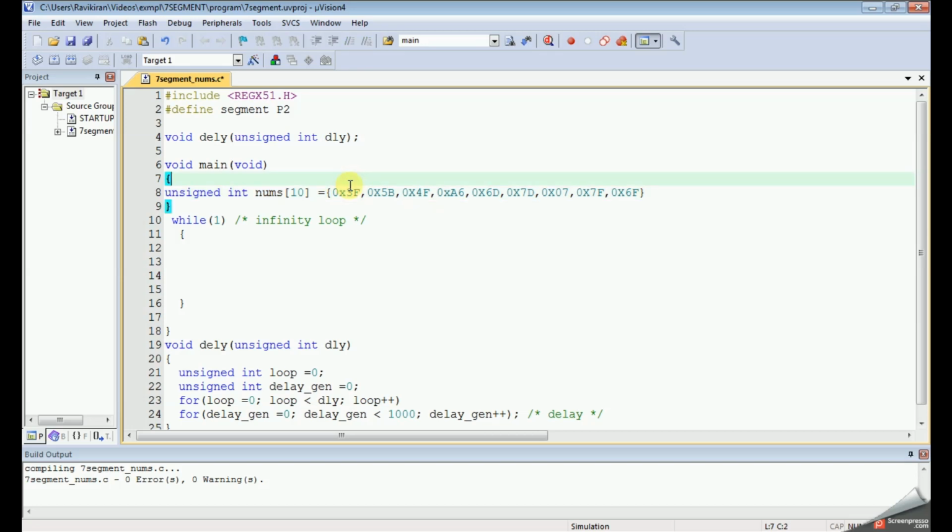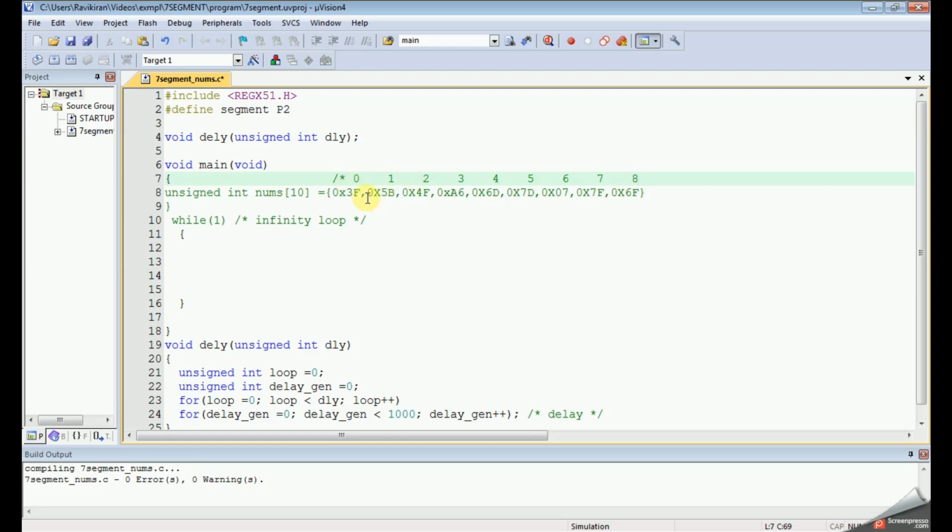The first number represents, you can write a comment just like this: this is for 0, this is for 1, 2, 3, 4, 5, 6, 7, 8.